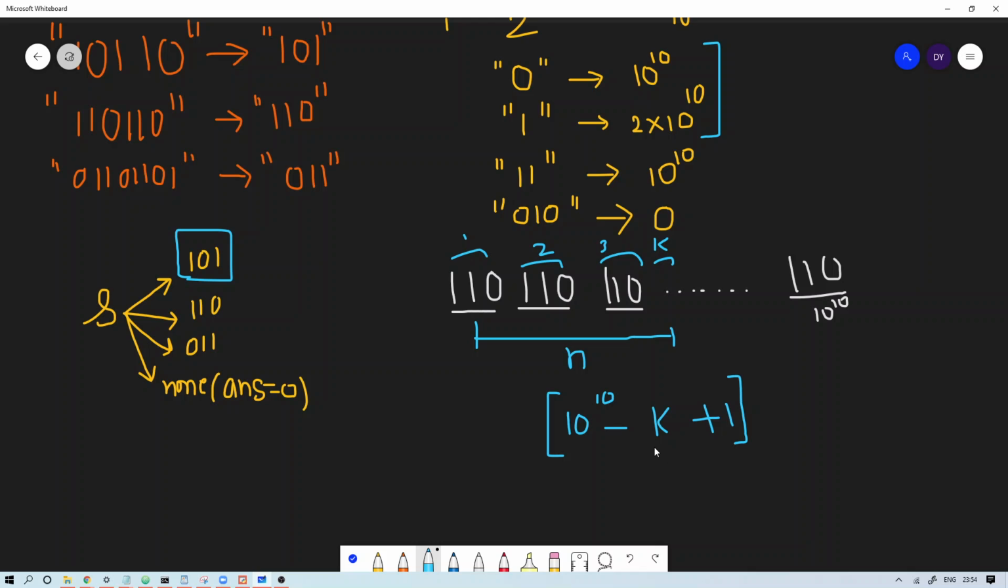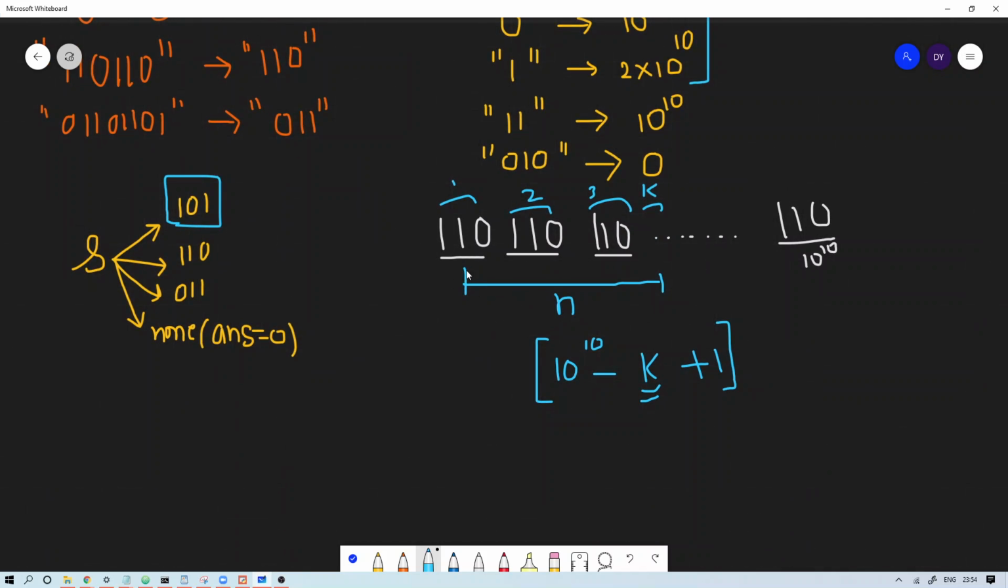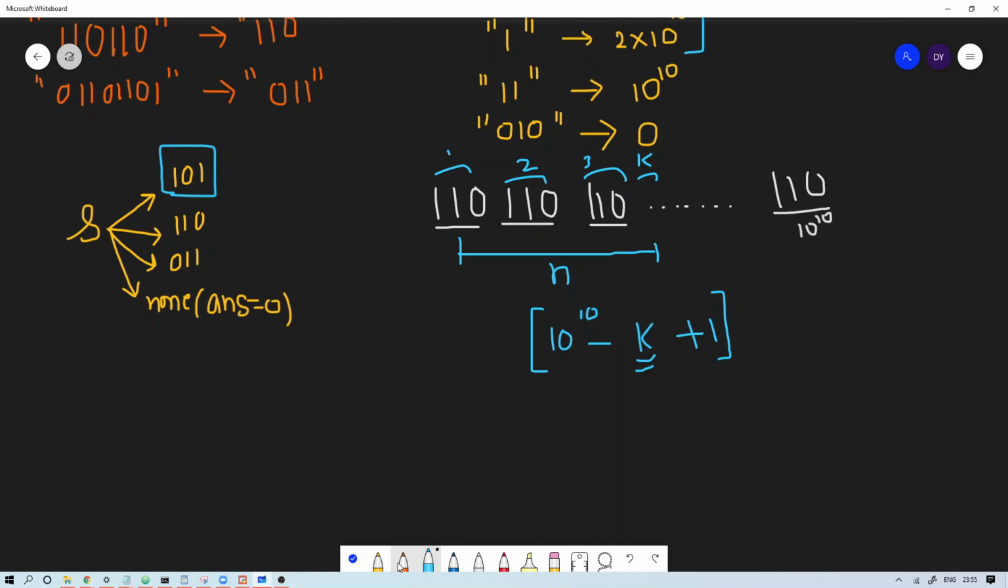Now the next part is to find out this k, that is, how many blocks are included for this string s of length n. If you look at this string, it is starting from 1 0. So the first block is this,